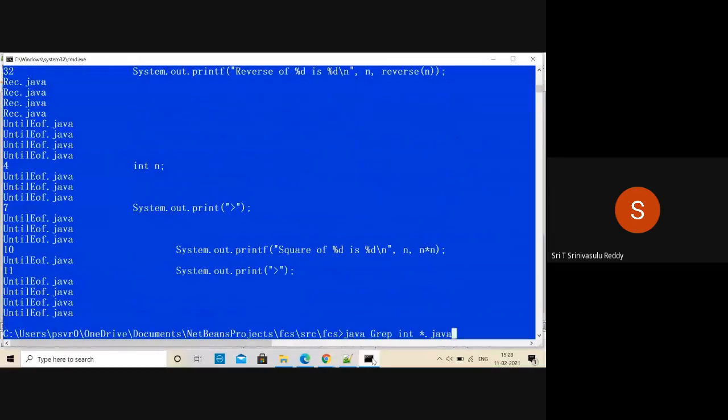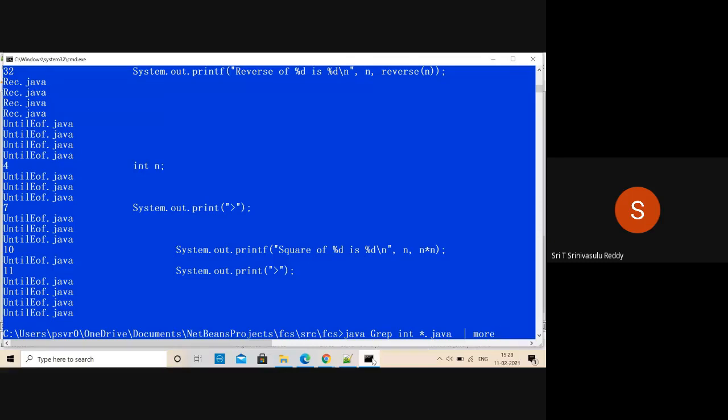See here now. So when I'm giving star.java, at the time of this, your command line interpreter here is expanding star.java into all the Java files, calling the names of the Java files. Right. So that's the advantage, right? So you can use the regular expression. And then it is doing all that. Because it is running very quickly, you pipe it to more, so that it displays screen by screen. Right? It is running very fast, right?